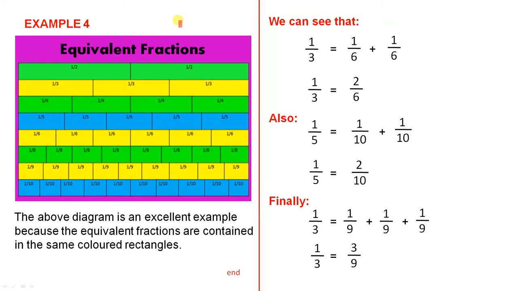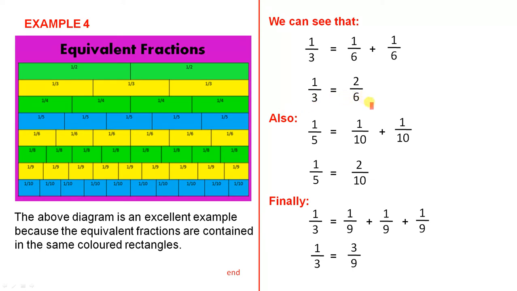Example 4. The above diagram is an excellent example because the equivalent fractions are contained in the same coloured rectangles. We can see that a third equals a sixth plus a sixth, so a third equals 2 over 6. So there's a third there, and there's 1/6 plus 1/6, which is 2 over 6, and that's why a third